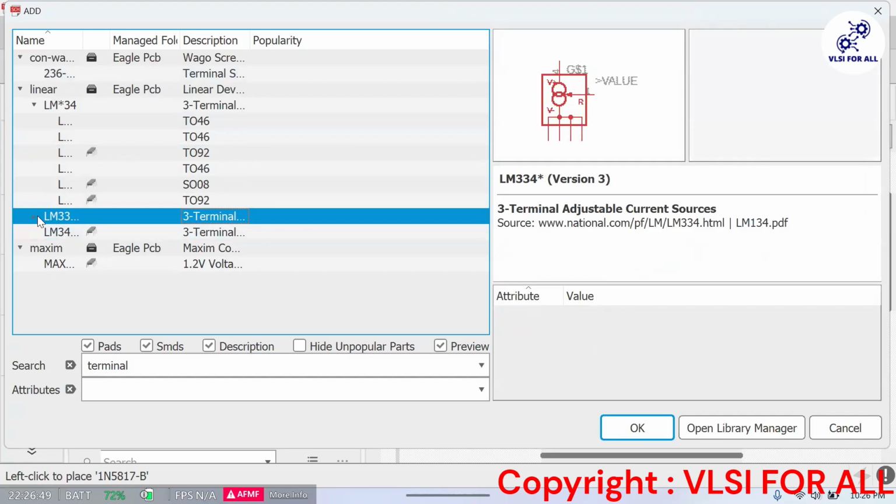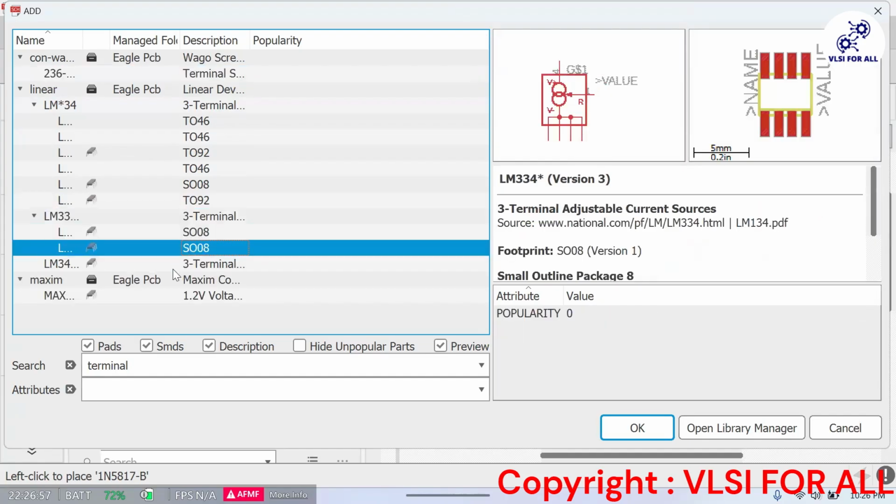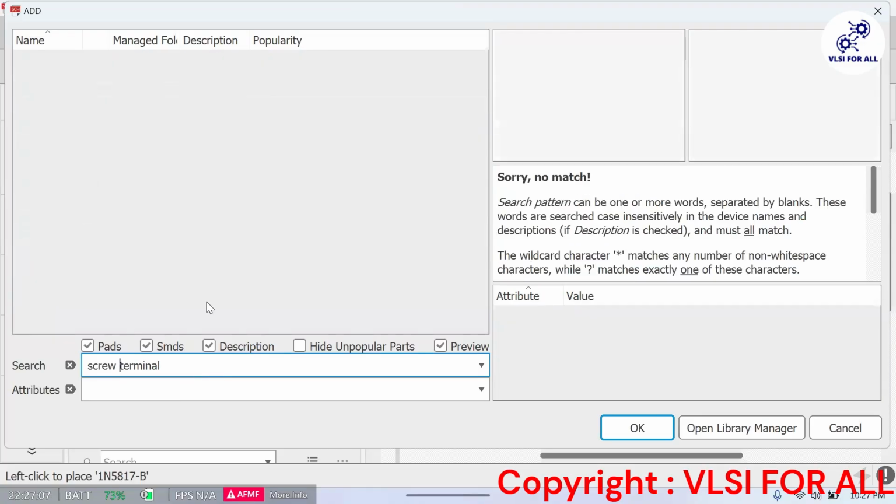I guess it is a screw terminal. We will take a screw terminal here. Okay.